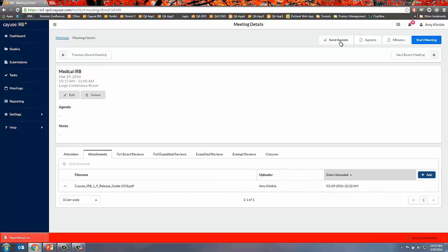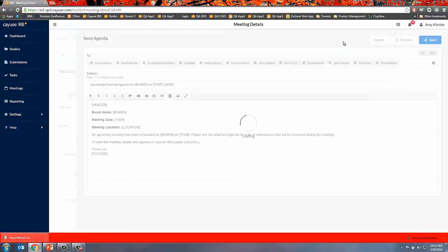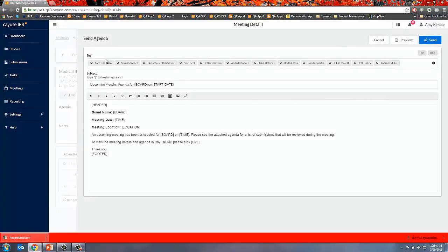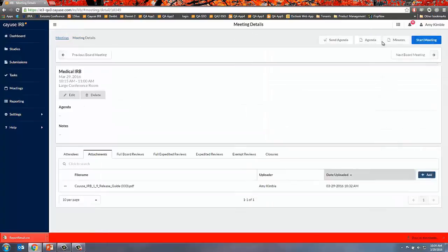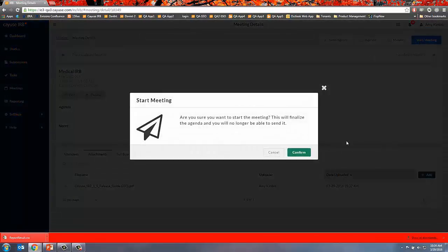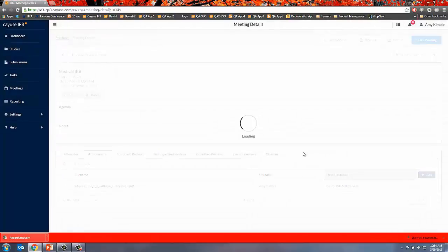But I'll show you again the send agenda. It was all the attendees, but it will list, or it had that attendees tag in the message template area, but now it lists all of the attendees. You still have the option to carbon copy or blind copy people or add additional attendees as needed. I'm not going to send that though. And I'm going to start the meeting. And now you'll notice at the top, once it starts the meeting for me,